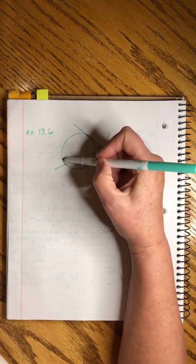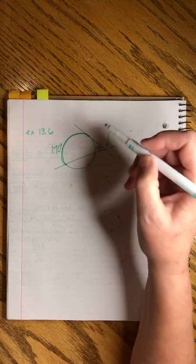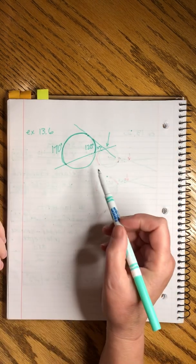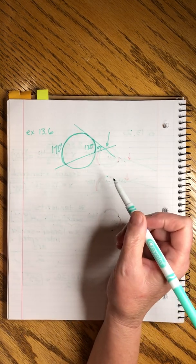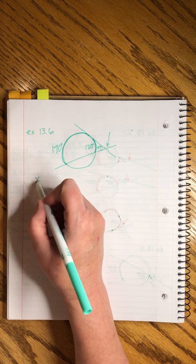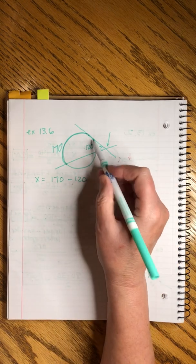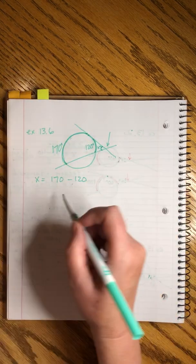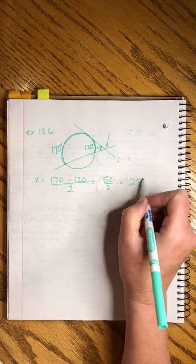We know that the larger intercepted arc is 170, and the smaller is 120. Remember that they'll only add up to 360 if it's two tangents. This one is one tangent and one secant, so they don't add up quite the same way. Our formula is x equals the larger, 170, minus the smaller, 120. The smaller one will always be closer to the angle, and the larger one will always be the one farther away, just because of the way angles are shaped. We divide it by 2, that's 50 over 2, and that tells us that x should be,